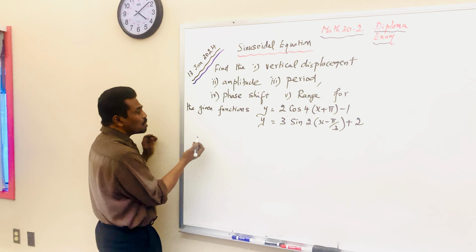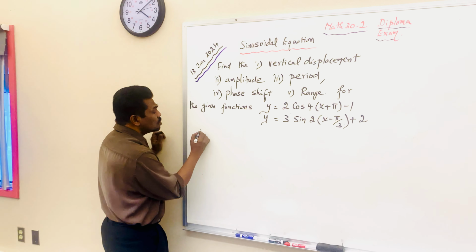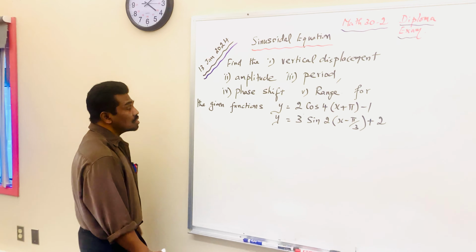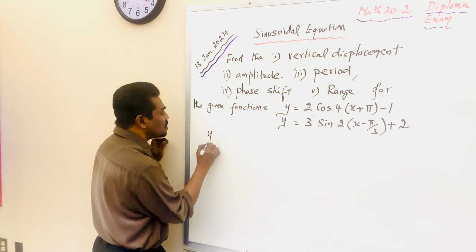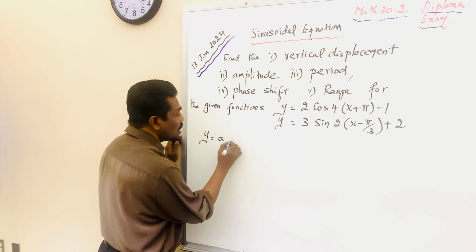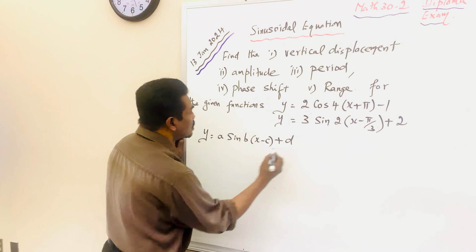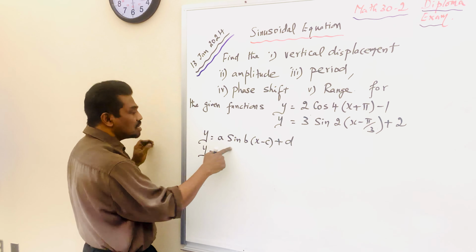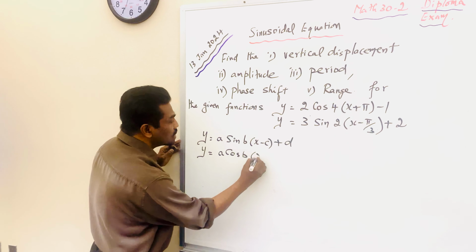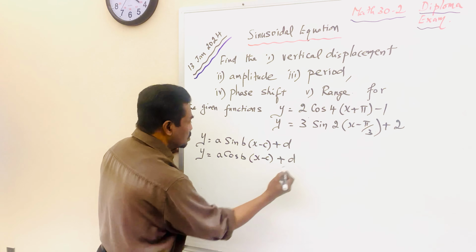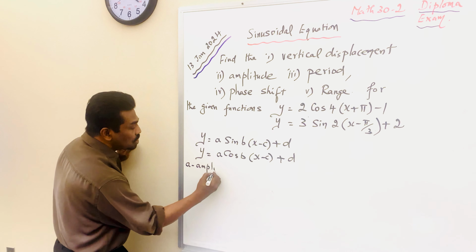First I will explain the general form of the equation for both sine and cos functions, which are sinusoidal. There are two sinusoidal equations available. One is y = a sin(bx - c) + d. The other one is in terms of cos: y = a cos(bx - c) + d. So here A stands for amplitude